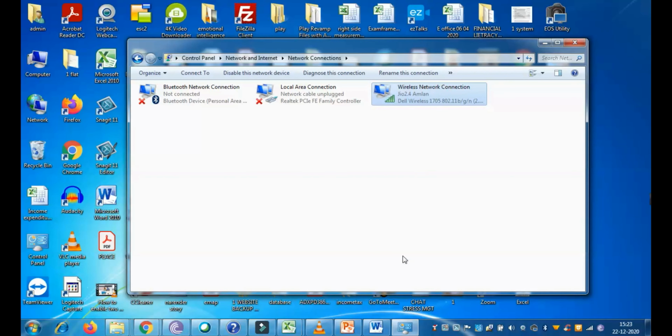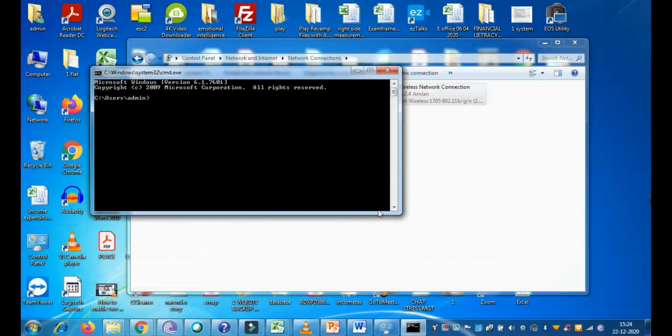In case they don't, then you will have to do the command prompt thing. The way you do that is Windows R and then type cmd, come here and type ipconfig /flushdns, enter. So the DNS cache should be cleaned, and this should help in case there is any conflict or something with DNS. Also try resetting the router. Oftentimes, just resetting the router may help.